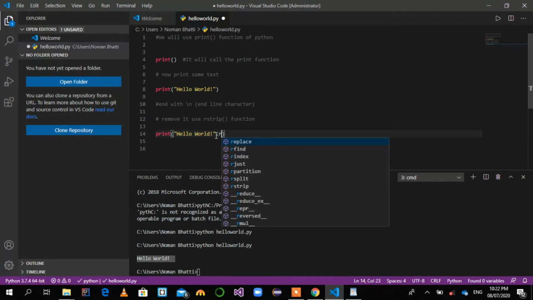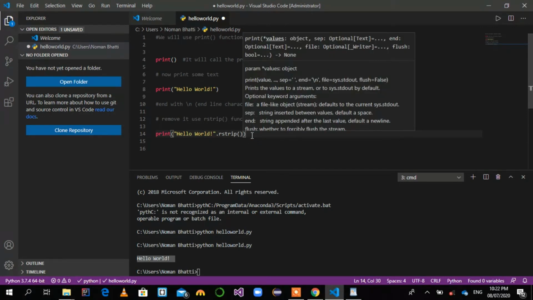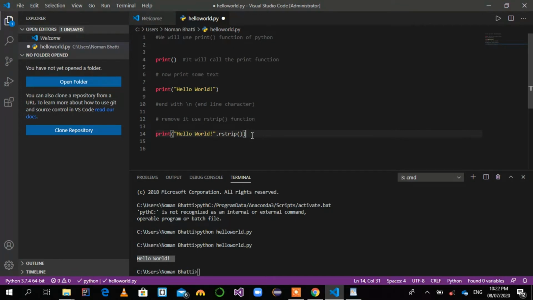Here we see the rstrip function. Nothing needs to be passed to the rstrip function. Now check the result. We will see no difference because we are using only one statement. If we print multiple statements, we can check the difference.